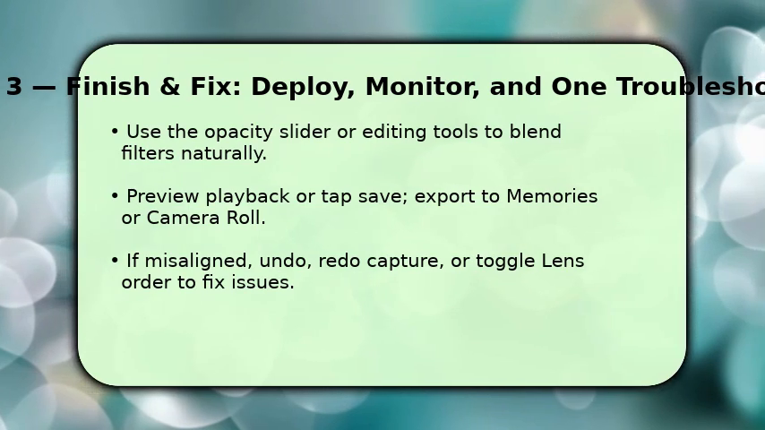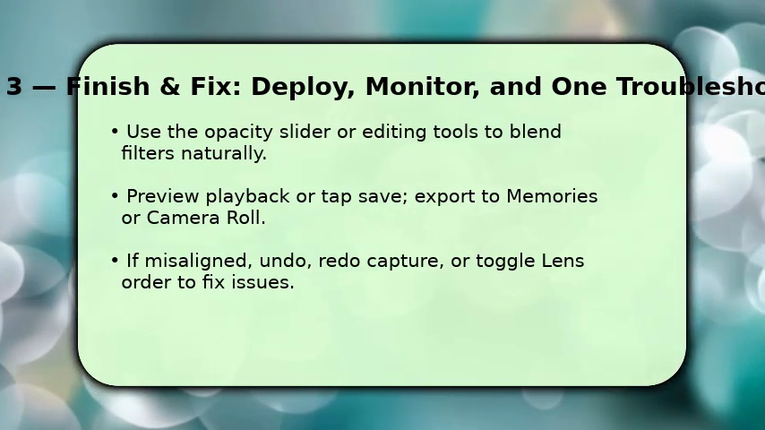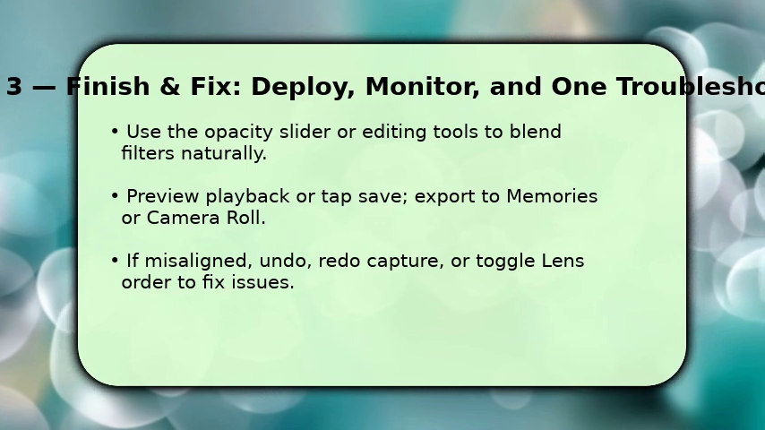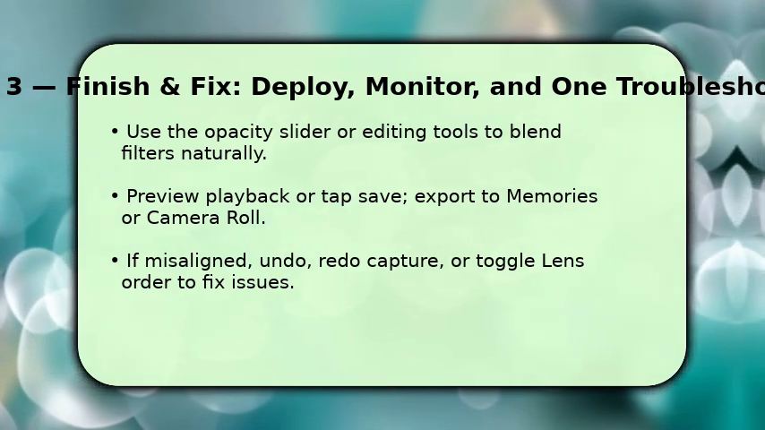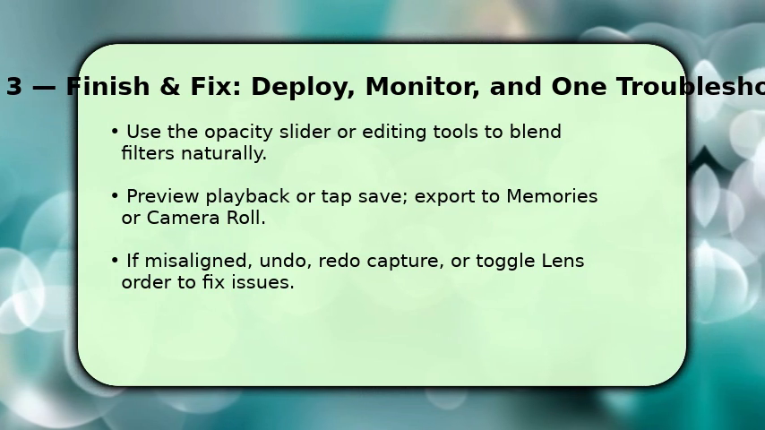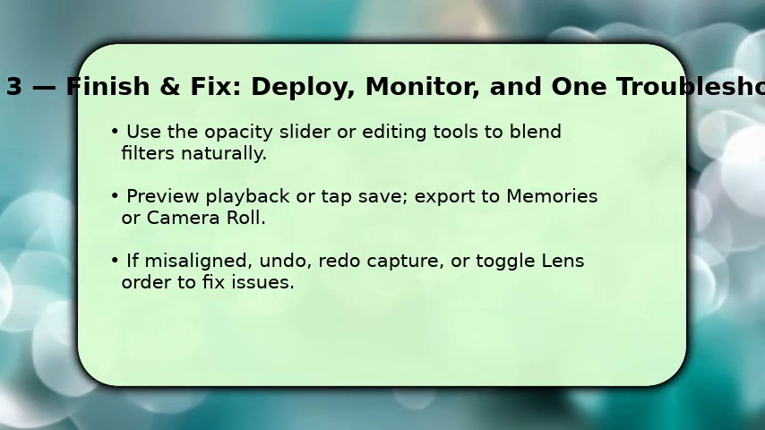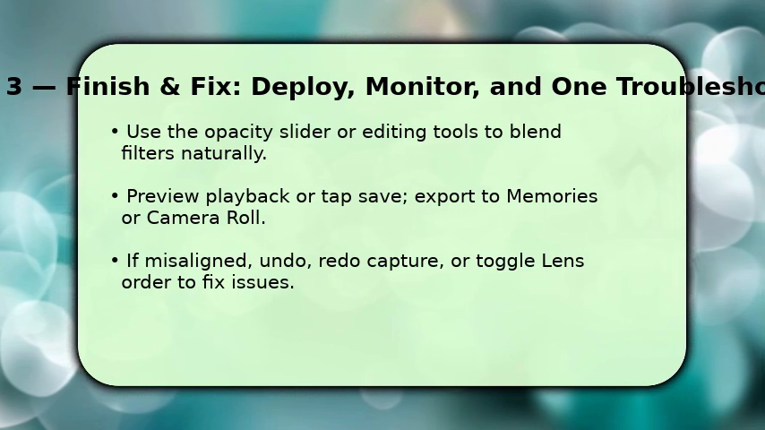Finalize by blending the two filters so they read as one cohesive effect. Use opacity, blur, or the crop tool to smooth transitions. After you're satisfied, preview playback for a video or inspect the still frame, then tap Save to Memories or export